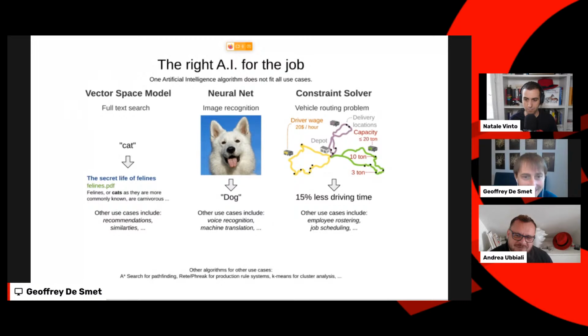It's almost as if neural nets were good at solving problems that a typical mammal brain can solve, but not a computer, and the other way around for a typical constraint solver. It takes us a really long time, and we'll never get to the optimal solution if we did it manually. Yes, absolutely, Andrea.